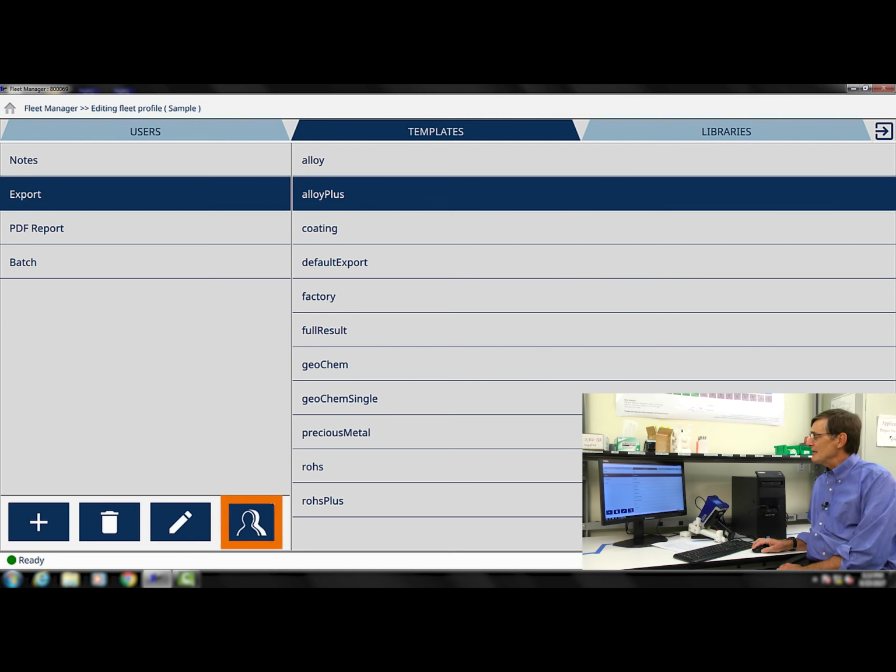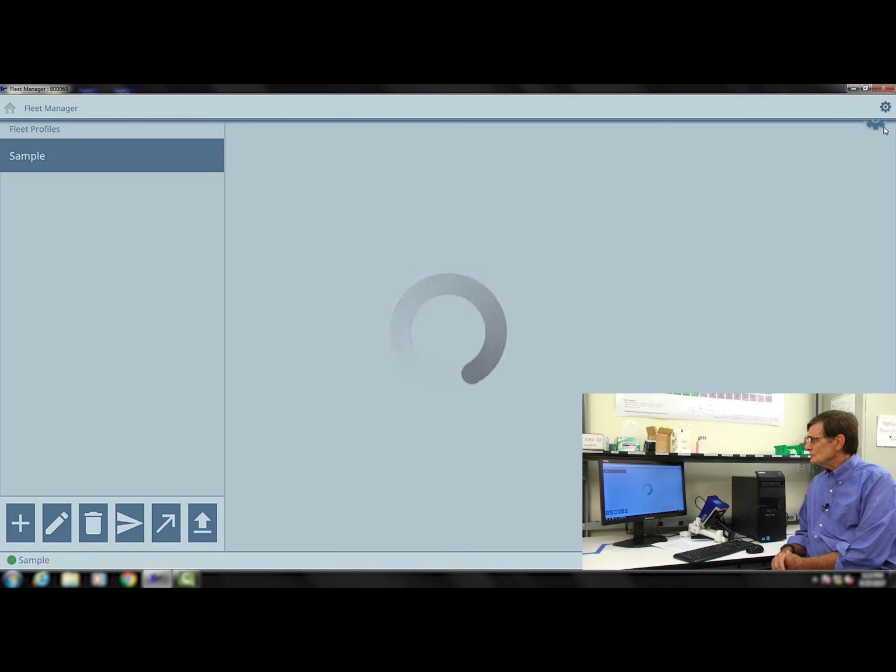And notice that we have a clone button here, so that lets you make a copy and rename it of any of the templates that you want to use. That's very useful if you have 4 or 5 similar templates that just have minor changes, and then you can also name them after the client or the report, whatever you want to do. So we click the back button,